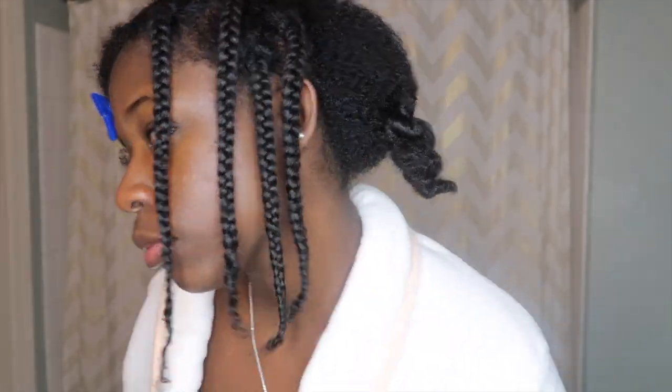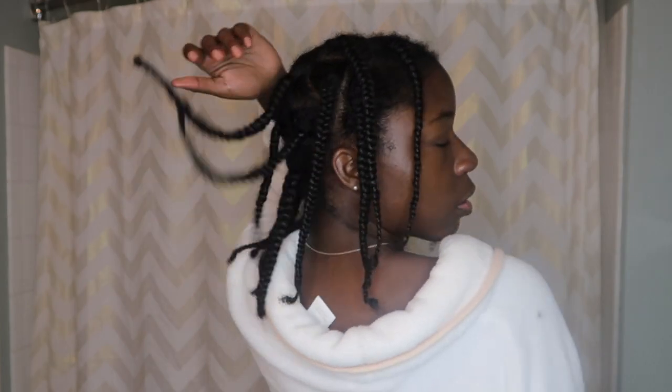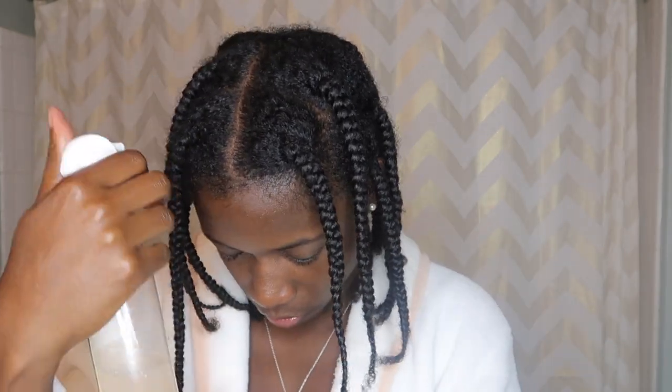I want to say I did about 9 plaits on each half of my head, so I had a total of 18 plaits in my head when I was done. The more plaits you do, the better, so I would say do about 10 to 18 or more plaits in your head. After moisturizing your hair, detangling it, and then plaiting it, the next step is going to be